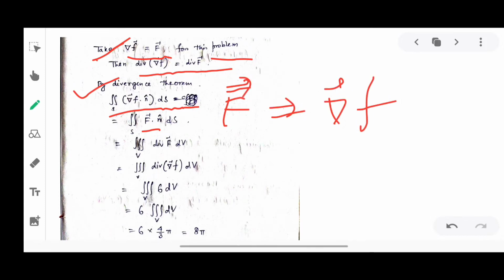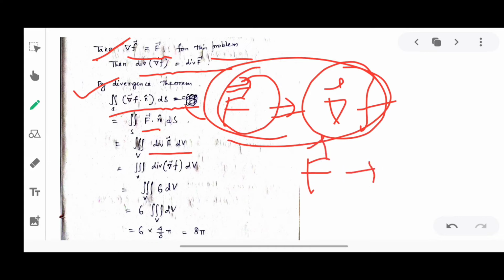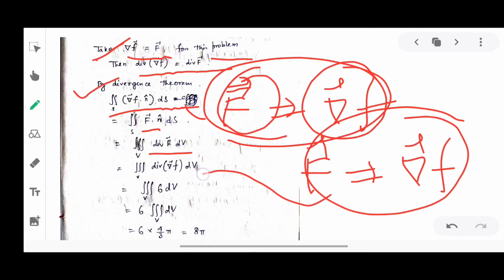By the divergence theorem, this is equal to the integral of div F dV. Now put capital F equal to grad f, and we get